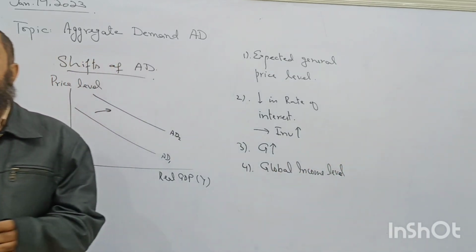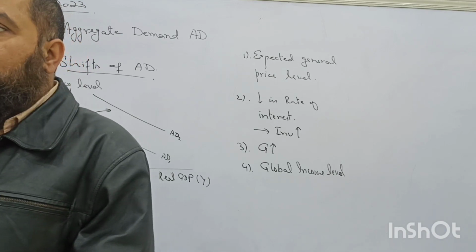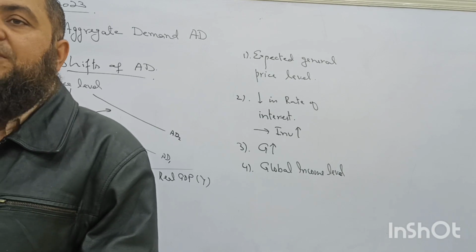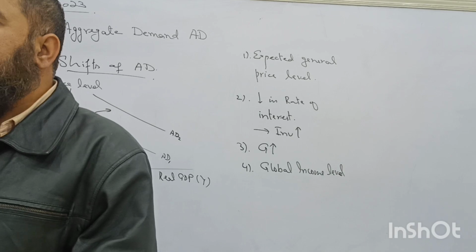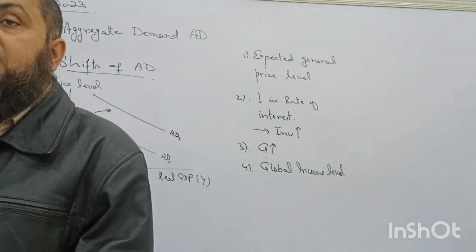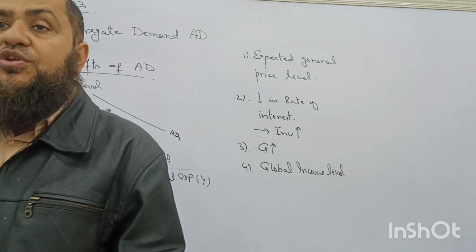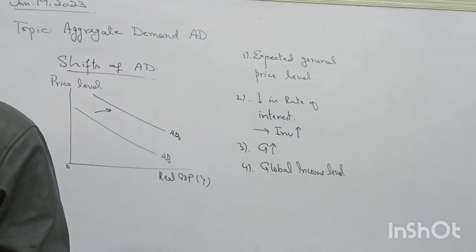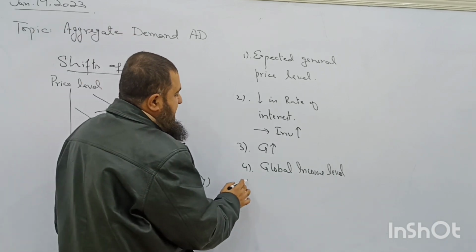When other countries' economic activities are increasing, they have more income to earn. What happens? They will demand more of our goods, or an increasing inflation rate in other countries will also attract demand for our goods. So our exports will increase if global income level rises, or our trade partners are able to earn more income. Okay.